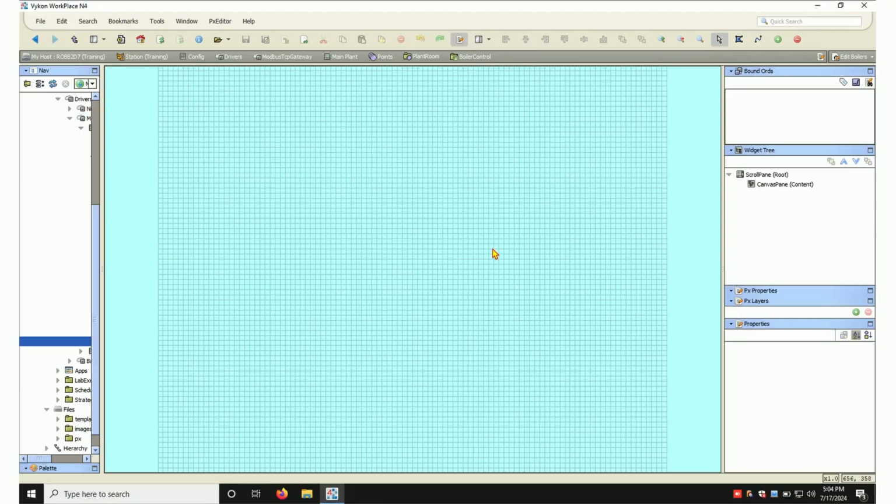Before you start making a graphic, there are some design considerations you want to make. It's a bit less critical today than it used to be, but the primary consideration is really what users are going to be viewing these graphics and what display are they going to be using. So most PCs today have a very large resolution available in that they tend to be at least HDMI at 1920 by 1080. So when we talk about that, we're talking about 1920 pixels wide by